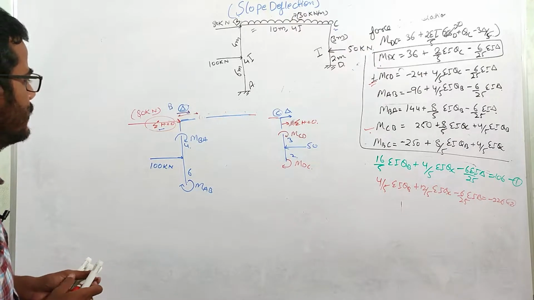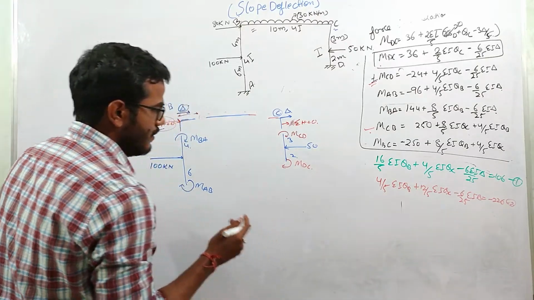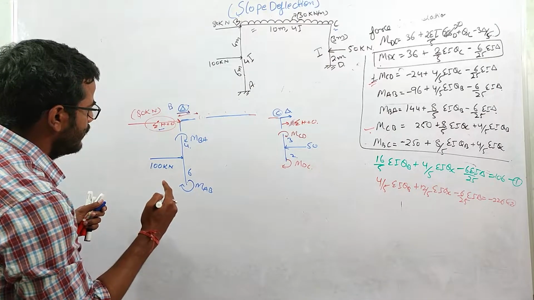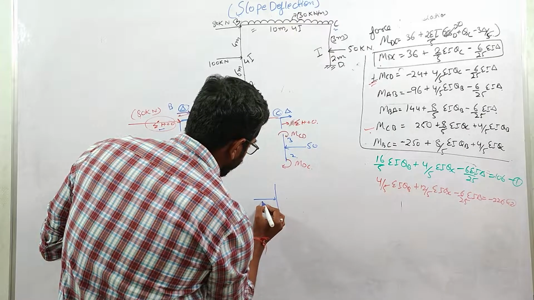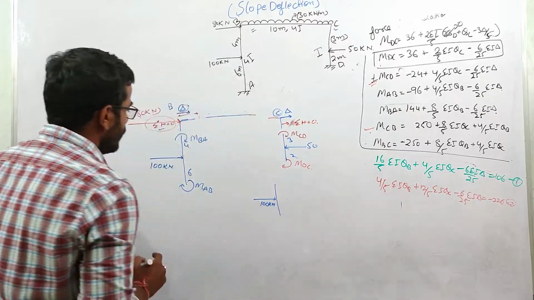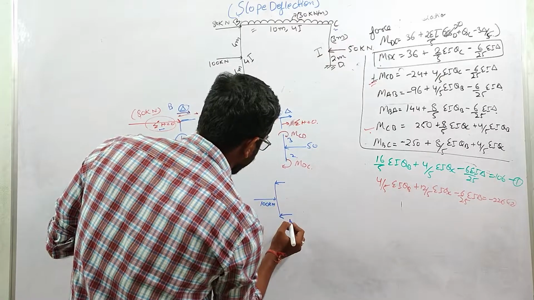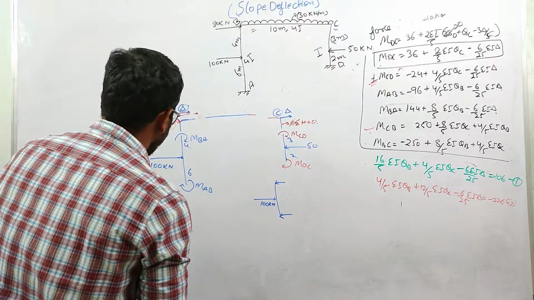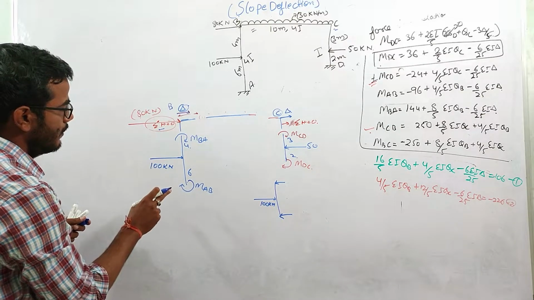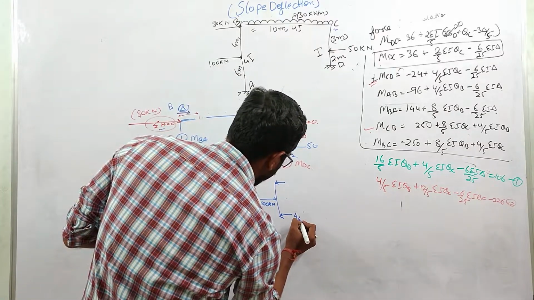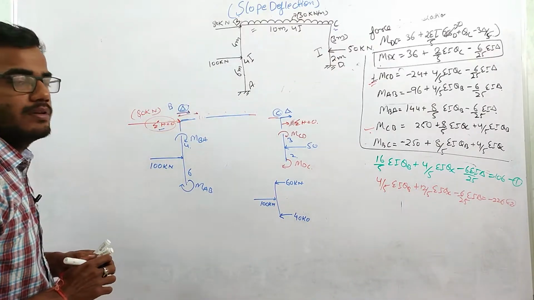Now let us come to this problem. This is the very important thing which we are discussing now. So if this is the 100 kilonewton load acting at this point, due to this 100 kilonewton load there is a reaction generated at this point to balance this 100 kilonewton load, and the value of reaction will be, this is 4, this is 6, so this is 100 into 4 divided by 10. So at this point the reaction will be 40 kilonewton, and at this point the reaction will be 60 kilonewton. There should be no doubt on that.